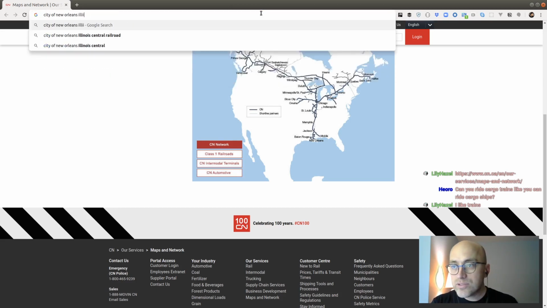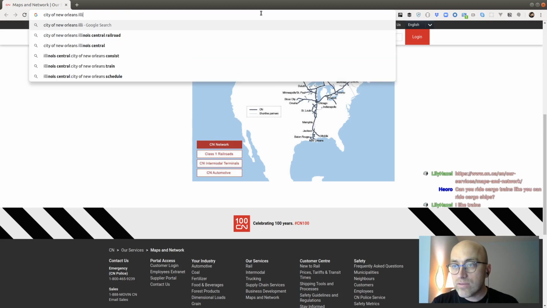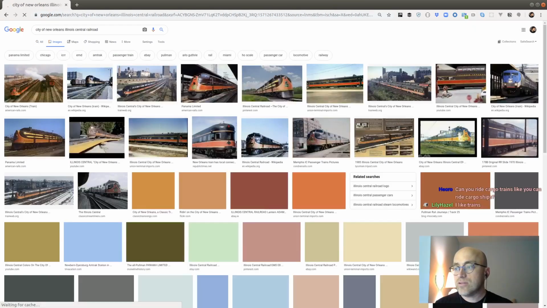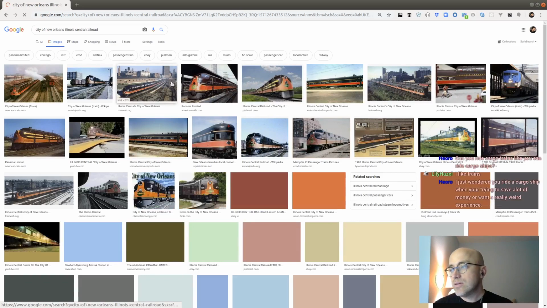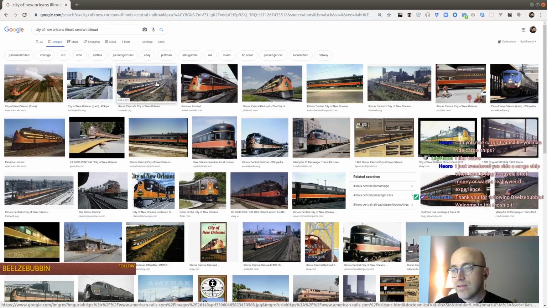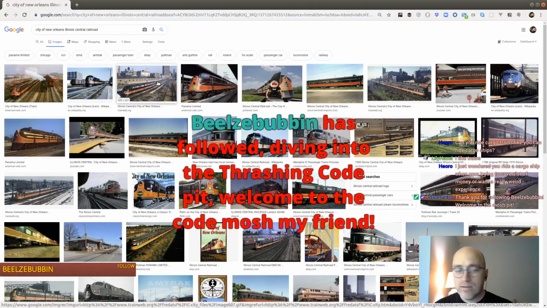Illinois Central. You know what I'm trying to look up? See if we get any pictures of that. So this was a pretty awesome freaking train. Oh, look, there's a whole Wikipedia page. Yeah, so there you go. Illinois Central colors. It's like that, the orange and the brown. Kind of not the nicest looking stuff.